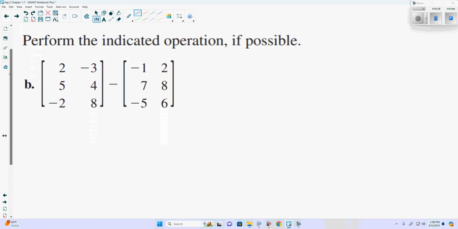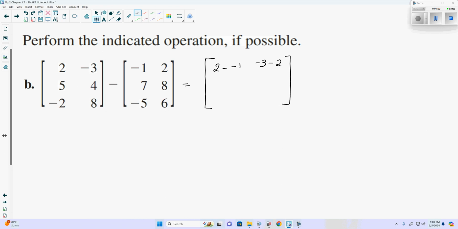All right. This time we're not going to add. We are going to subtract. Now the first one is a 3 by 2. The second one is a 3 by 2. So we can subtract these. So our first number is 2 minus -1. Our next one would be -3 minus 2, because again, we're subtracting the corresponding elements, the numbers that are